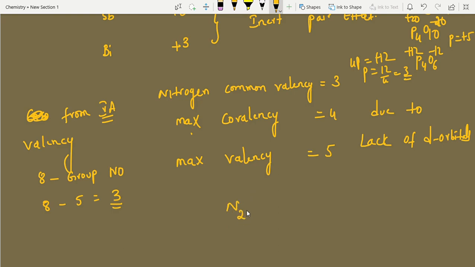Maximum valency of nitrogen: if you take one example, N2O5, this is the structure. This is a double bond, and this oxygen with nitrogen, double bond, this is a dative bond. See, minus 10, plus 10. Each oxygen is minus 2, 5 oxygens, 5 twos are 10, this is plus 10. Each nitrogen is plus 5. Maximum valency is plus 5. Here we have written points. Maximum oxidation state is also plus 5.